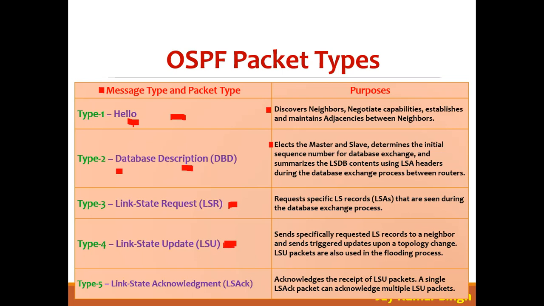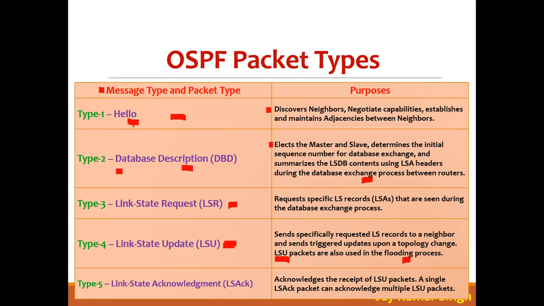The fourth one is LSU, link state update. Once you have elected master and slave, they will start exchanging the database, and the exchange of the database is always LSU, link state update. They will start flooding the information,